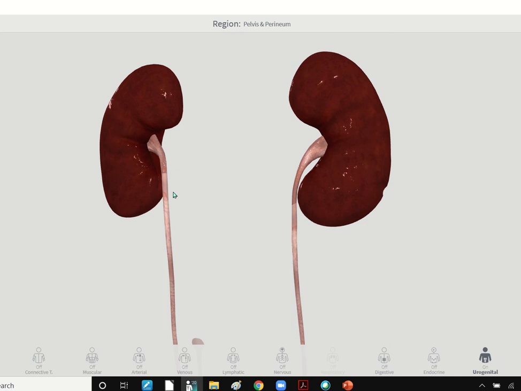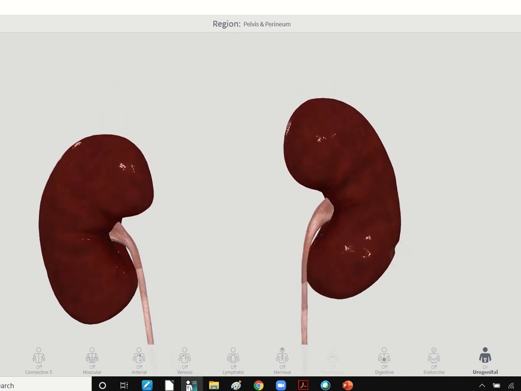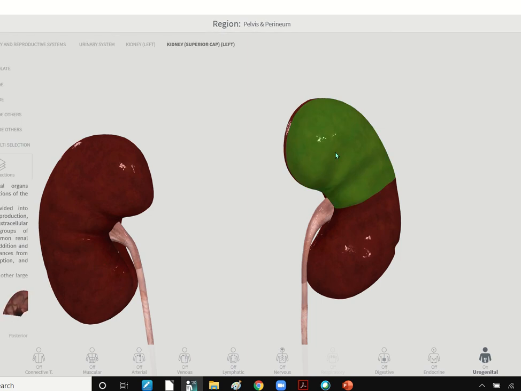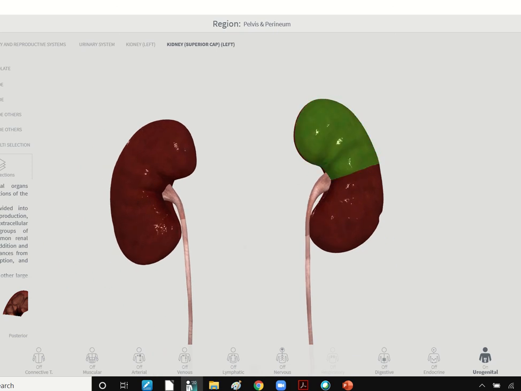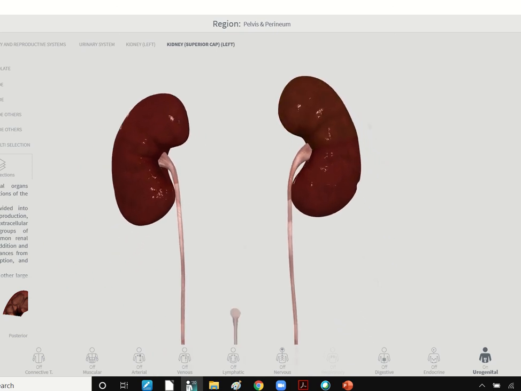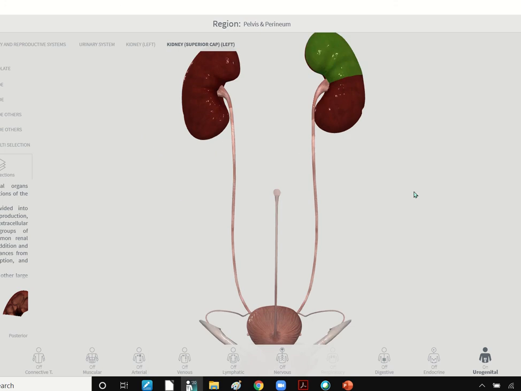There's our right ureter. And there, the kidneys are going to have this covering of the capsule. So if we follow the ureters,